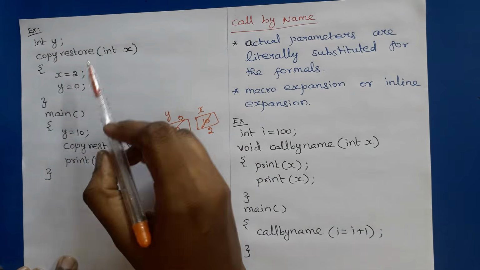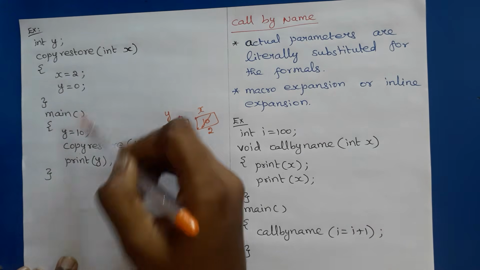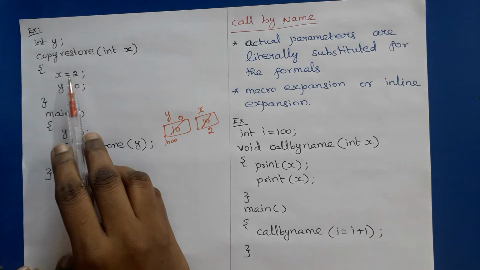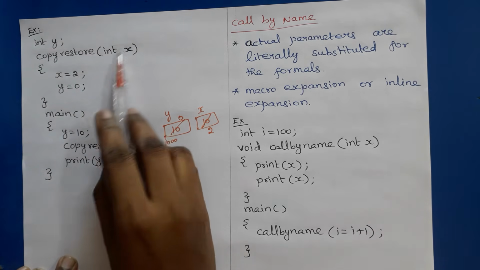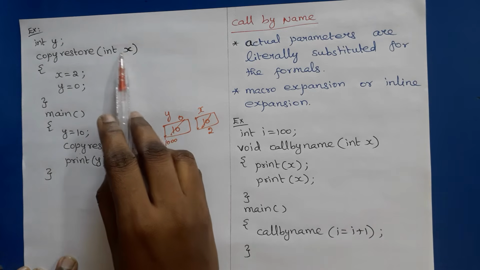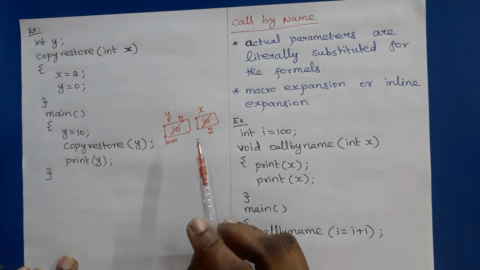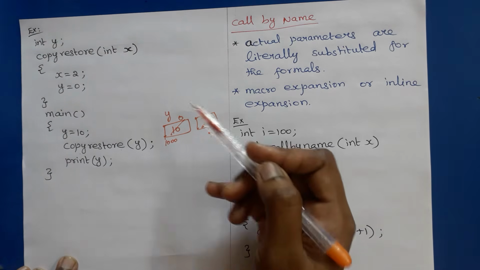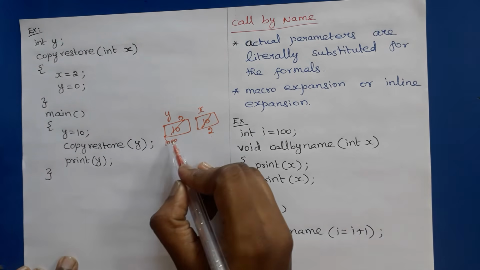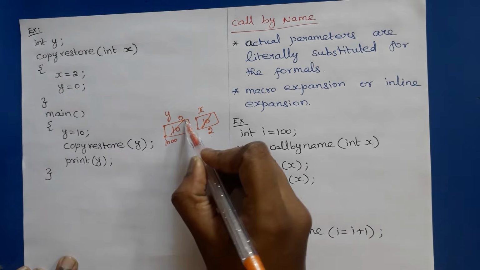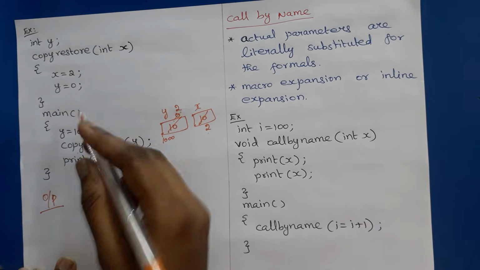Now then control is returned back to the main procedure, but before performing that operation, it copies the R value of the formal parameter. Formal parameter means here x. R value of x means 2. R value of x must be copied to L value of actual parameter. So L value of actual parameter means 1000. In this location, R value of x is copied. So 2. So the output of this program is 2.